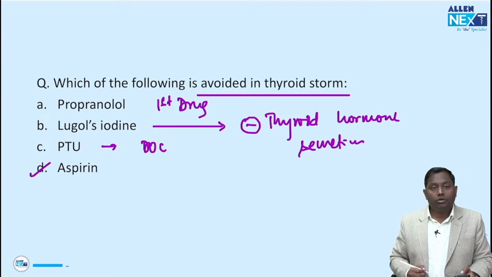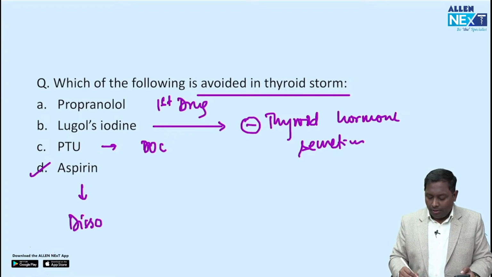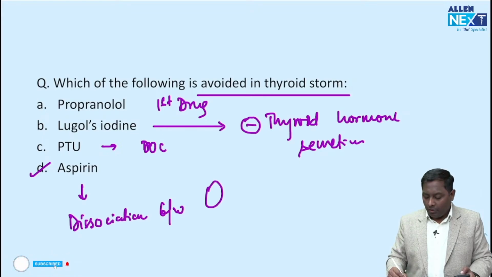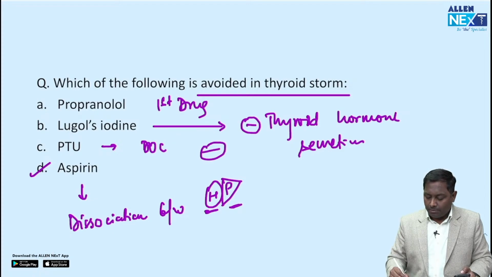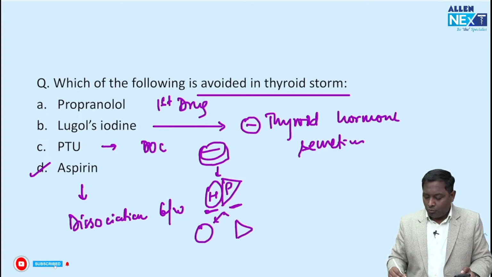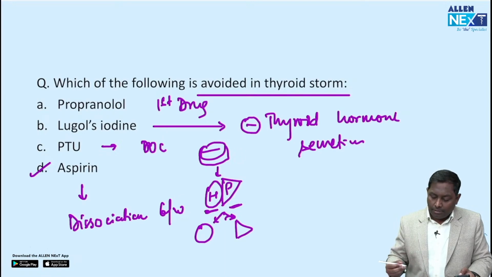Aspirin that we have is not going to be utilized. Aspirin will be causing dissociation between the thyroid hormone and its binding protein. H for hormone, B for binding protein. So if you are going to give the drug aspirin, aspirin is going to create a dissociation between these two. Now this will further cause worsening of the problem. So if the examiner is going to ask you what is to be avoided in the given choices, I would say that